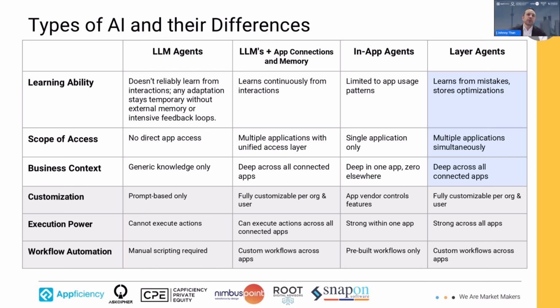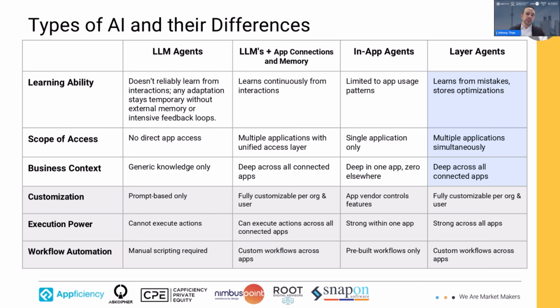And so ultimately you come to what we call layer agents, and layer agents are still relatively new. They're starting to mature as a segment of the agentic population. And the layer agent has the best capabilities to do all of this. It combines the benefits of the LLM, and it has optimization, learns from mistakes, builds RAG, all that kind of stuff. Great. It can interact with multiple applications simultaneously, and if it's a good one, hopefully like we built Ask Cipher, it's also designed to work with the best type of connection that the app provides.